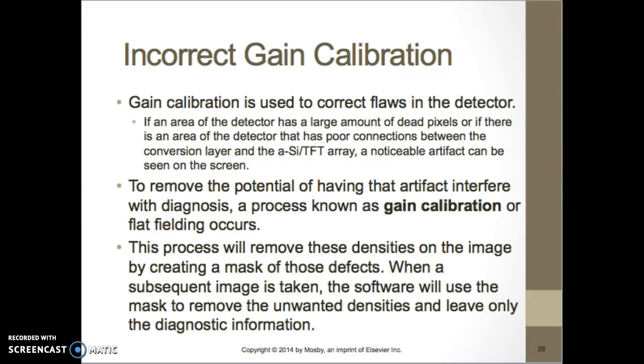So gain calibration is used to correct flaws in the detector. So if an area of the detector has a large amount of dead pixels, or if there's an area of the detector that has poor connections between the conversion layer and the ASI TFT array, a noticeable artifact can be seen on the screen. So to remove the potential of having that artifact interfere with the diagnosis, the process is known as gain calibration or flat field